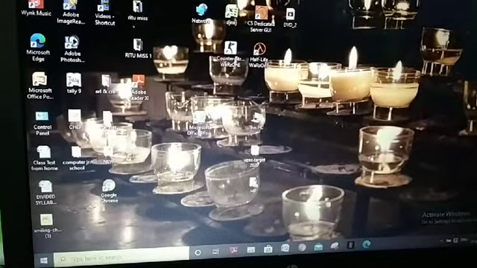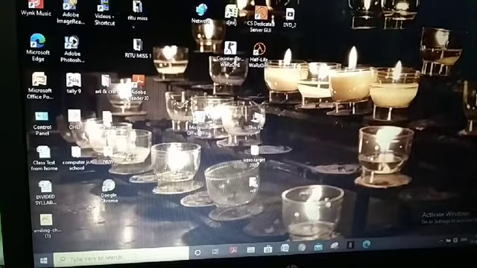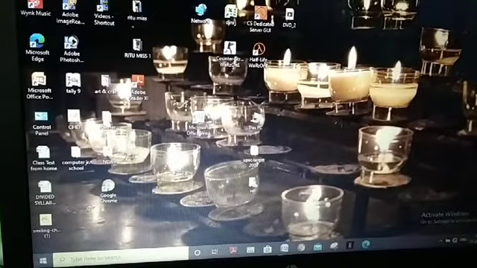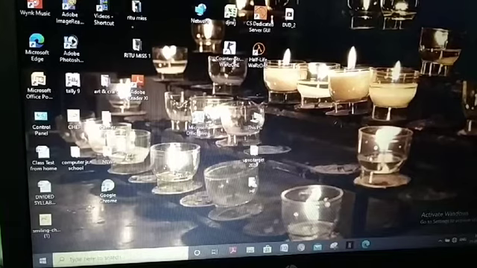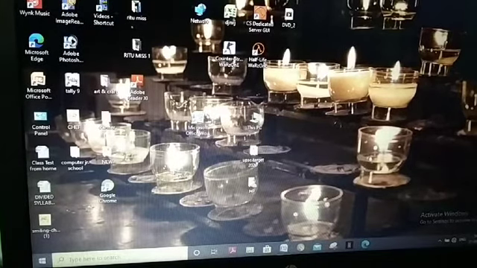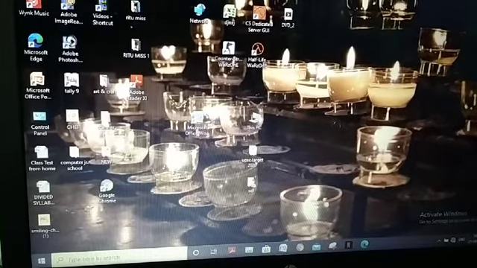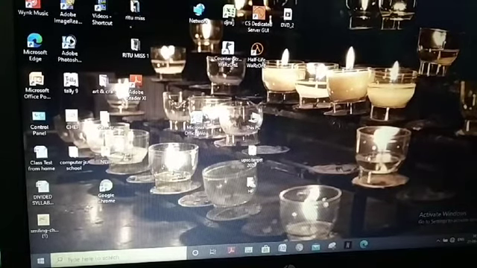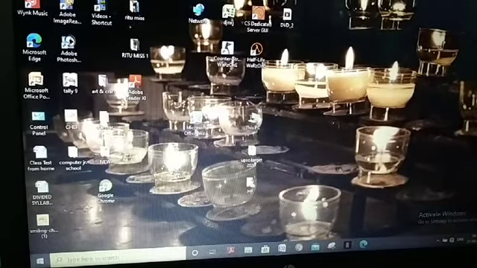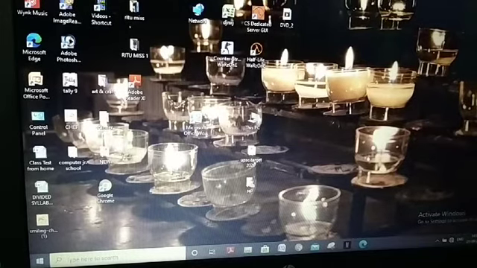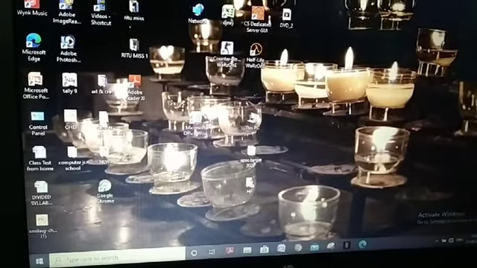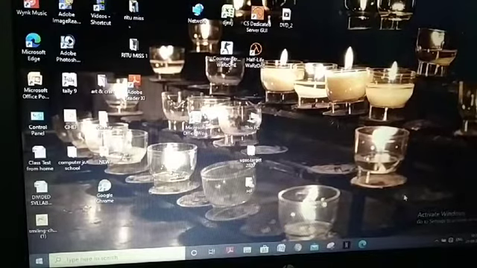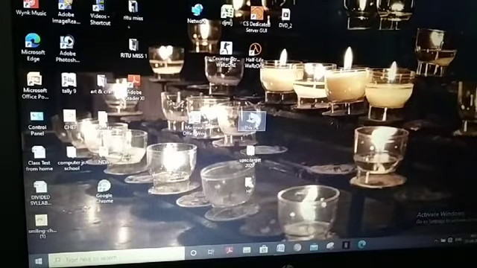The first one is the icon shortcut menu. The icon shortcut menu always comes with the right click. Remember this: all shortcut menus are also called context menus or right button menus.